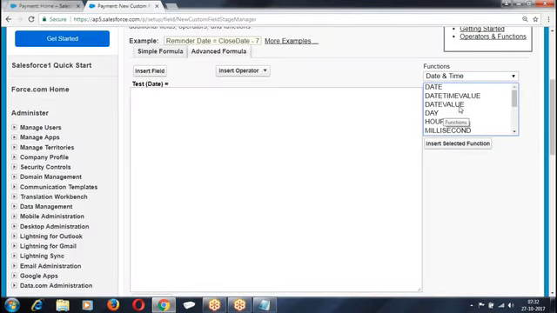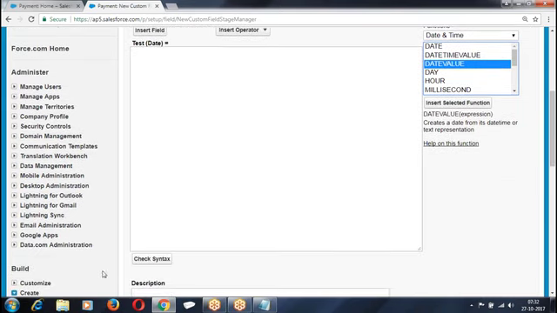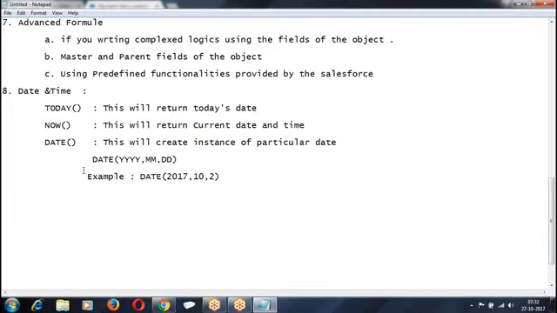Next we have date value. What is date value?